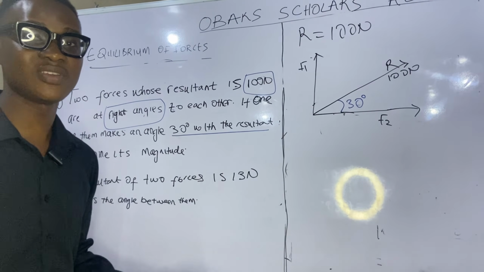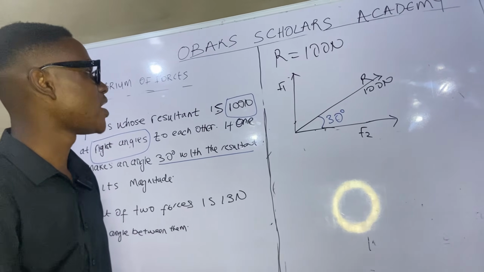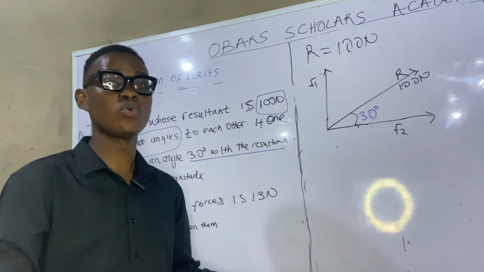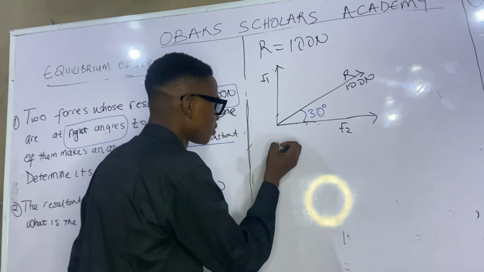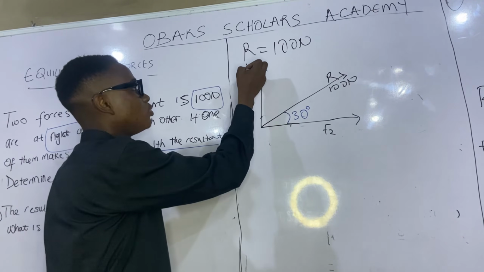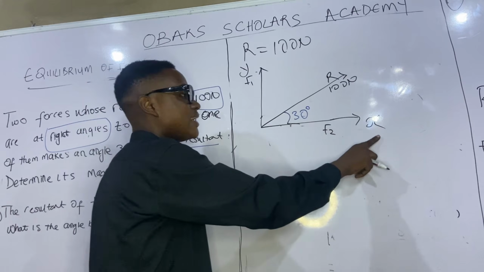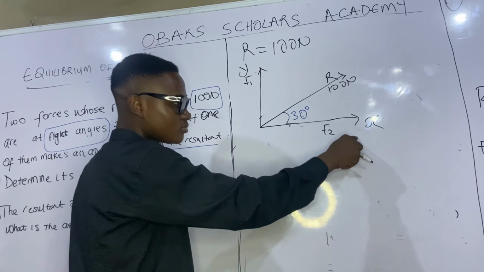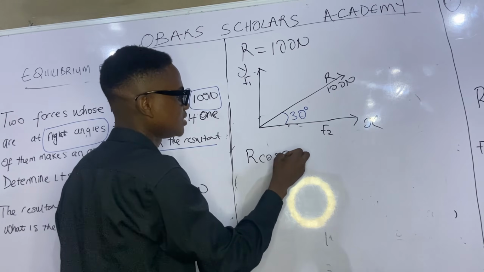One thing you must know, if you have studied vectors, is that when you're looking at the resultant of a vector, because forces are vector quantities, we can represent them with vectors. In this diagram, we have two components: the vertical component and the horizontal component, what we call the y-axis and the x-axis. So the resultant is related to the x-axis through this formula: R cos theta will give us